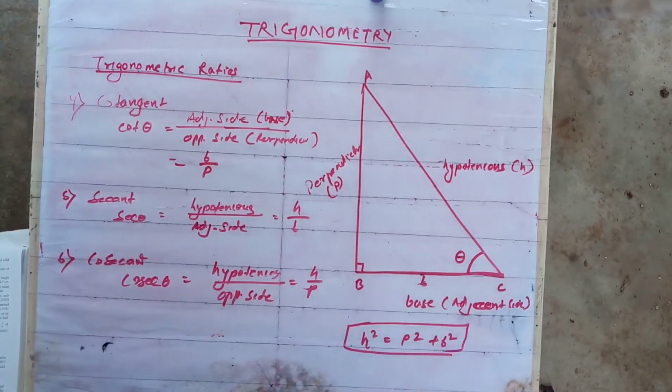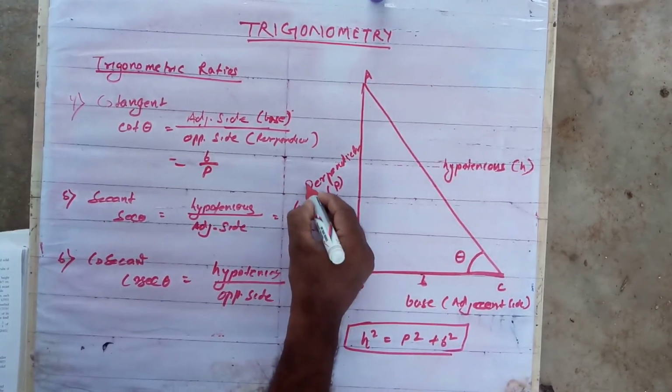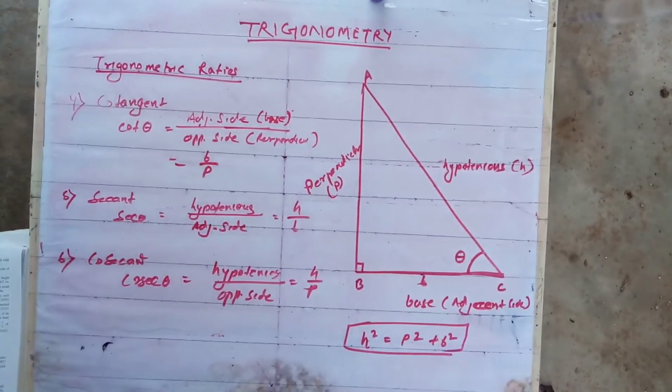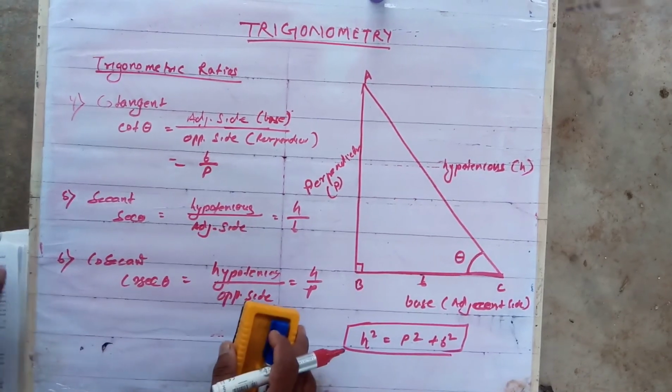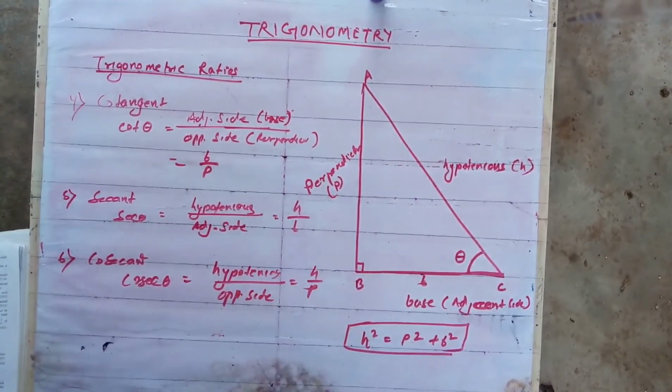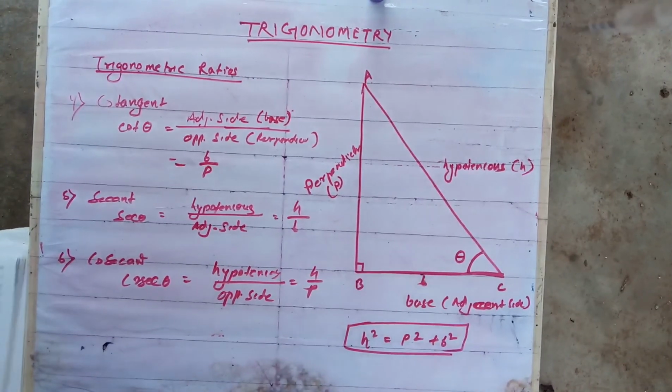I hope I am clear to everybody. The previous three are the fundamental, these are derived. I advise everybody to please remember things in this order so that it will be easy to remember the next formulas throughout your journey. Not only in class 10, in plus 2 also so many other formulas will come. It will be easy for you to remember if you follow this order. Shall I go for the next?